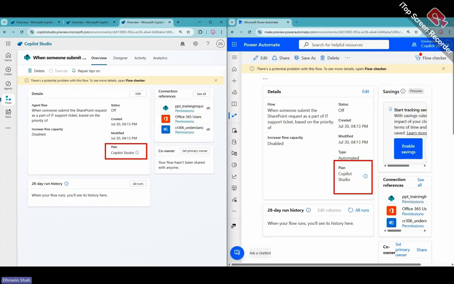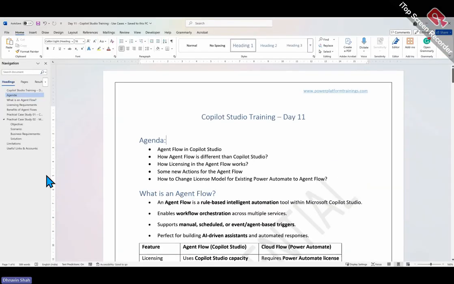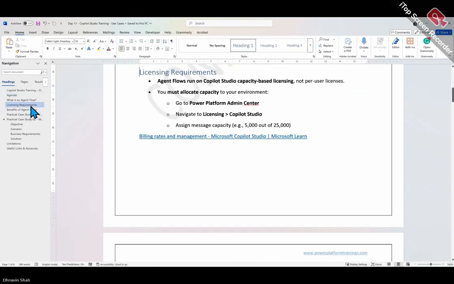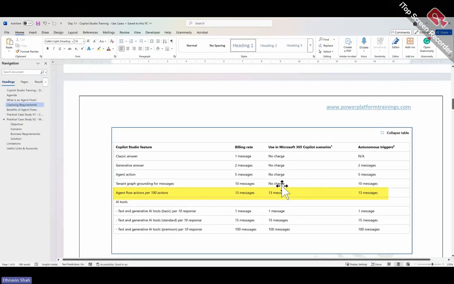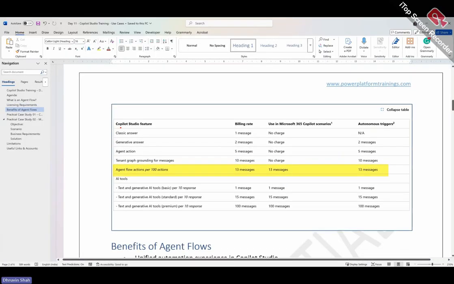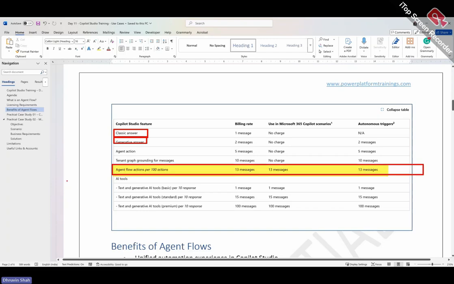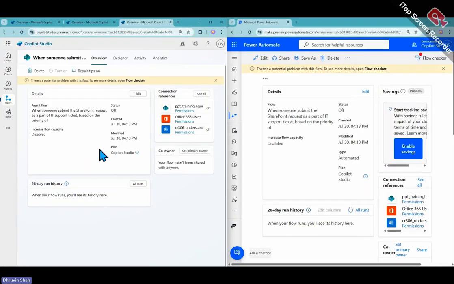Okay, so if you recall even our licensing class earlier, we have seen this particular table, right? Like how much consumption is done when you are calling any classic answer or generative answer. At that time I told you agent flow is something I didn't cover. And at that time we have seen that per 100 actions, agent flow is consuming 13 messages from your overall billing rate. Okay, so when any particular flow is running with the Copilot Studio licenses, it will